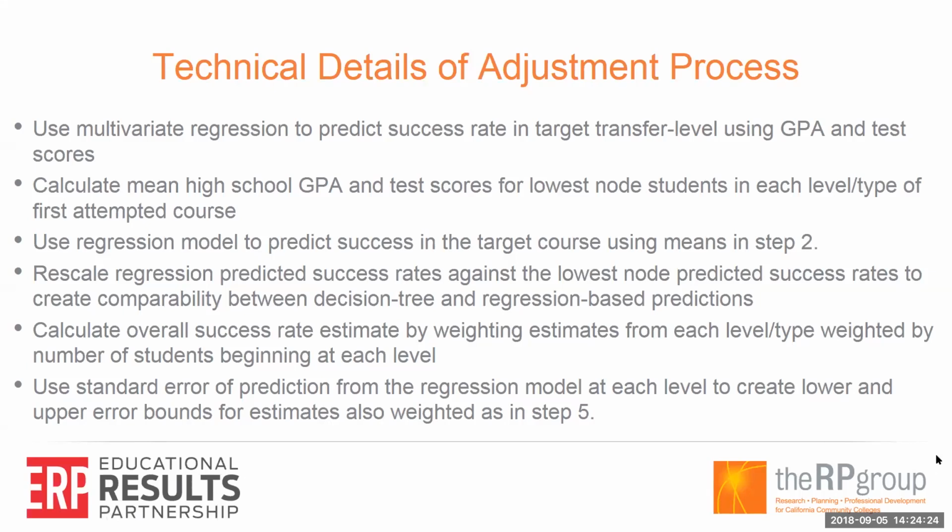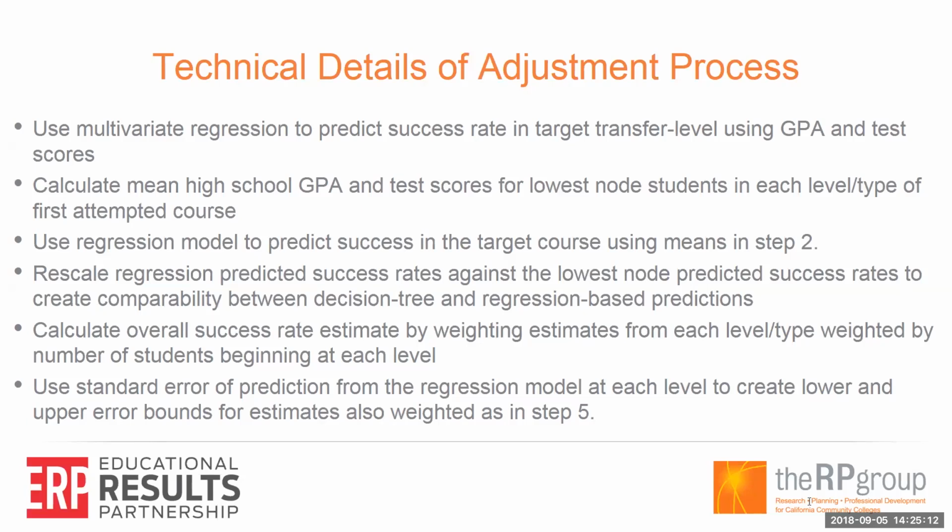So we used the regression model to predict success, to create a model based on high school GPA and available test scores, and then did success rate estimates by taking the mean GPA and test scores from each level, plugging those back into the equation to create these estimates. To have equal footing on comparing the regression adjusted predicted success rates to the previously created decision tree success rates, we did a little rescaling. They were pretty close, but we did some rescaling just to make sure that they were comparable,